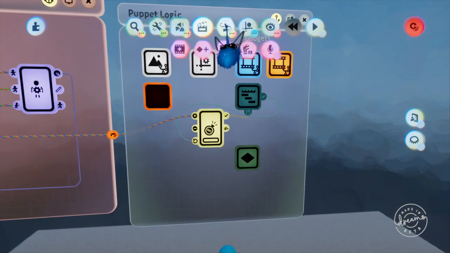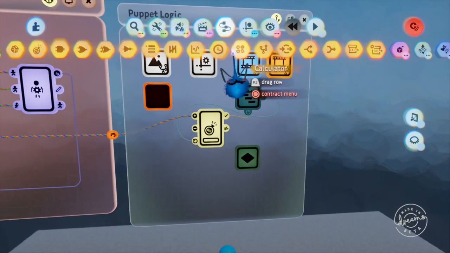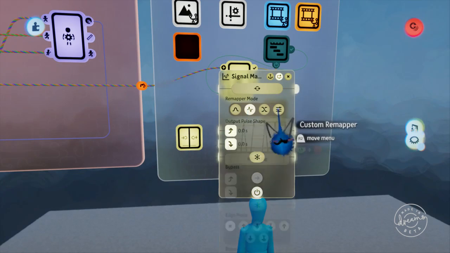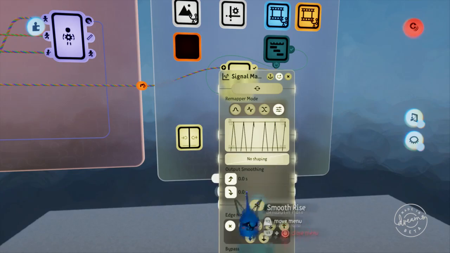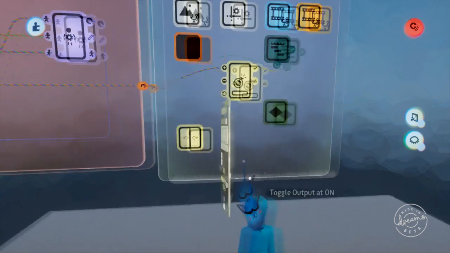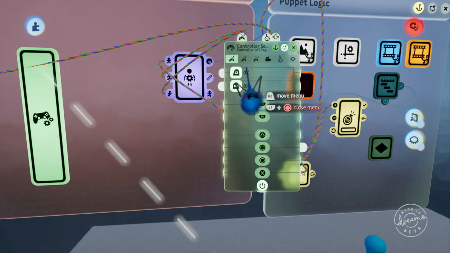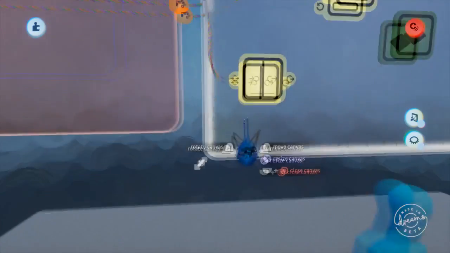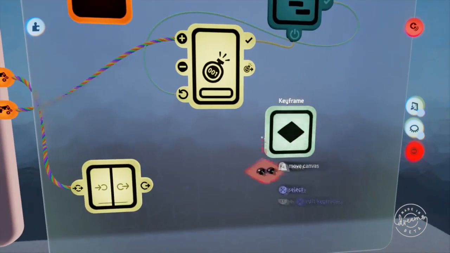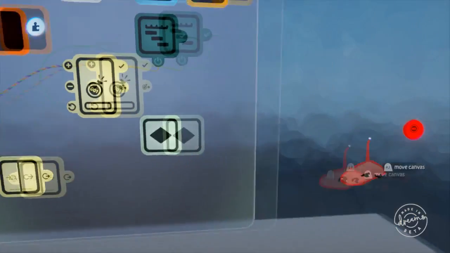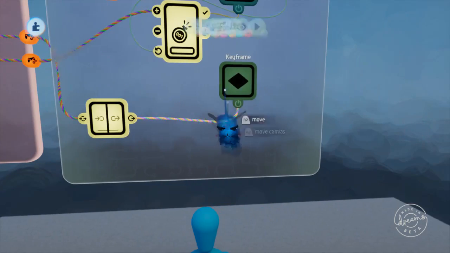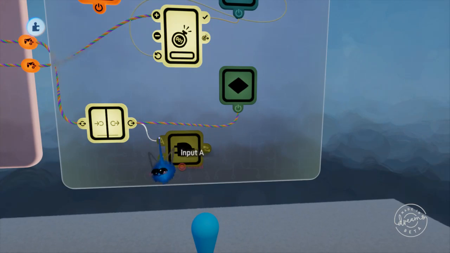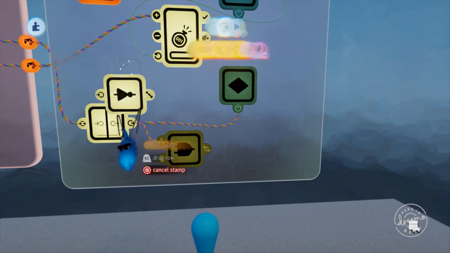So what we're gonna do is add a signal manipulator here, just to get a nice toggle going. Let's see here, custom remapper, and you want to toggle output on, and we'll do L3, which is on the second page. That'll make it crouch. I don't want to animate you, just want to activate you, and then we'll have an AND gate, and then a NOT gate,